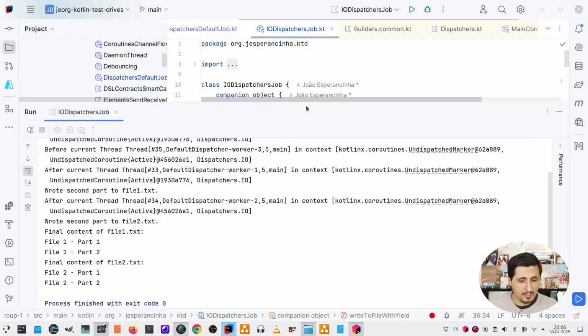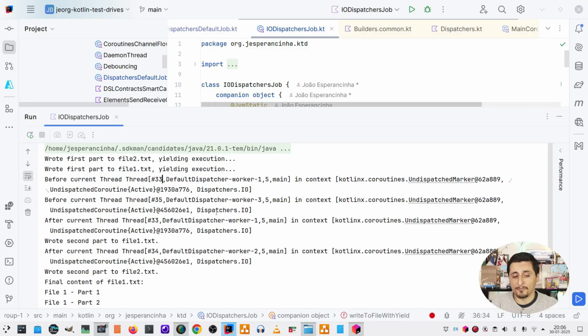We have just run the code. We see that before ran on thread 33, which has this name. It's not a default dispatcher, it's just the name of the thread. The actual current context is Dispatchers.io. The second time, after yielding, it will write the second file, and that's why we see here before current thread in another thread with a different number. And then we can see here that we've got after current thread